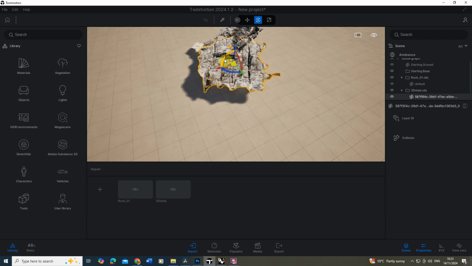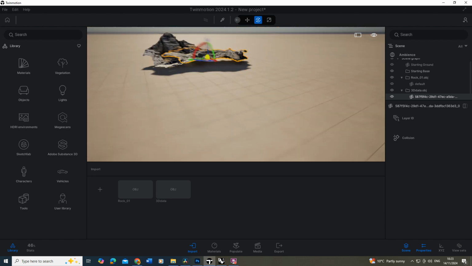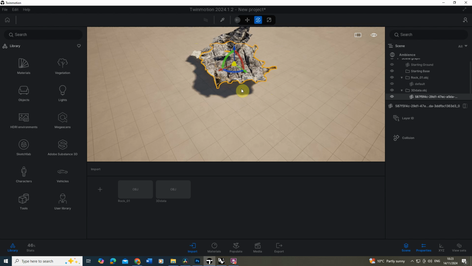Now if you're just using it as a single object, that's fine, because you can just rotate it and use it. But if you start to scatter these, you'll find that the rotation stays true when scattering them. They'll all be the wrong way around, and it won't really help when you're trying to make bigger scenes. So if this happens, you can't change the object properties directly in Twinmotion, but you can in